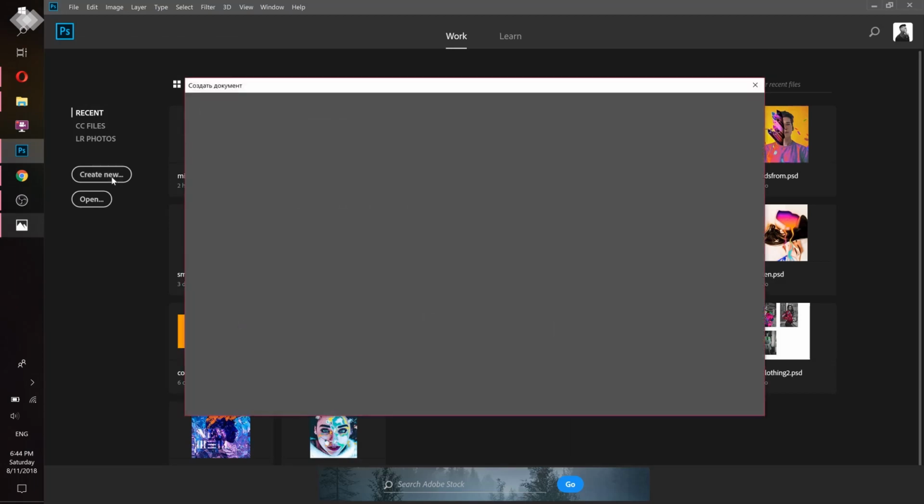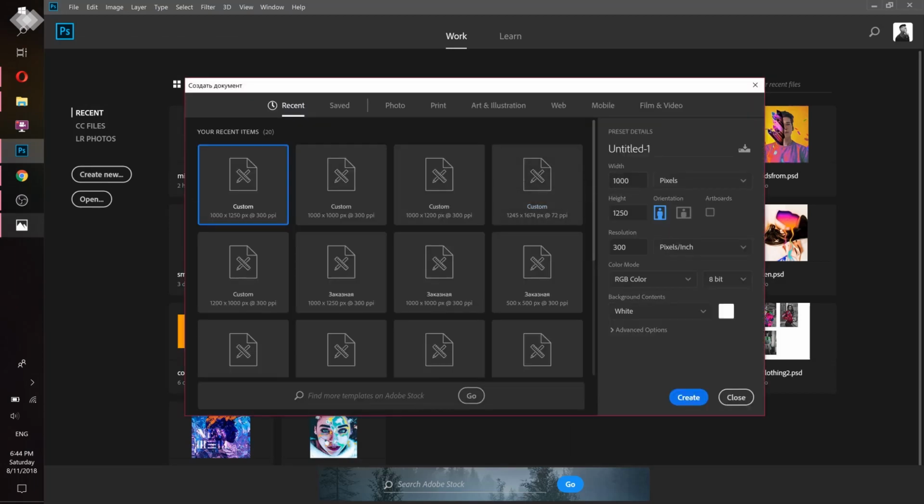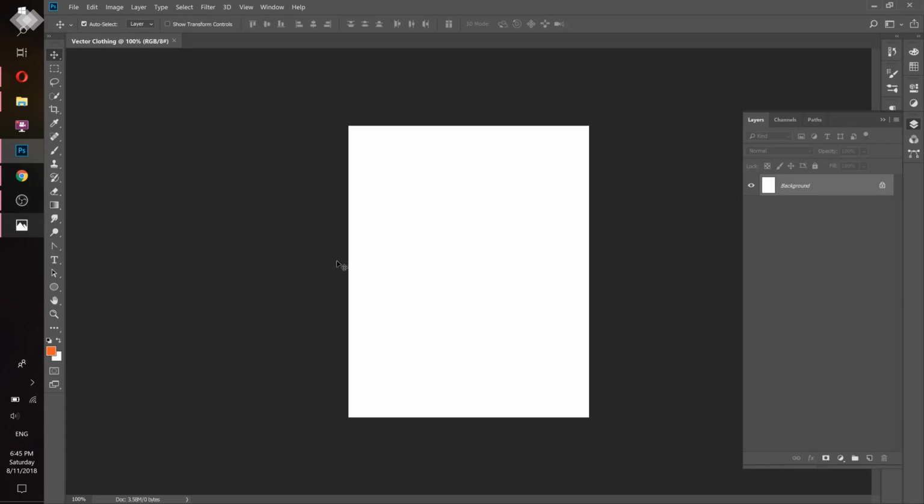First of all, we need to create a new project, so we just go and create new, and then we should write the name of the project, and let's call it just vector clothing. I would say anything. Width must be 1000, height must be 1250, and it must be pixels selected, so make sure you have pixels selected. Orientation like this. Artboard should not be selected. Resolution 300, and let's just press create,